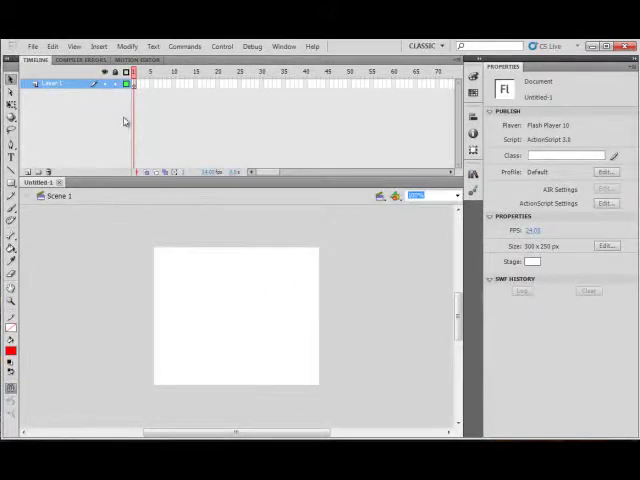But the main thing that will be very, very important is what we call the timeline. Now the timeline controls the animation, and every object that we put on the stage is on a separate layer so that we can control it independently from anything else on the stage. So let's set up then a simple animation,